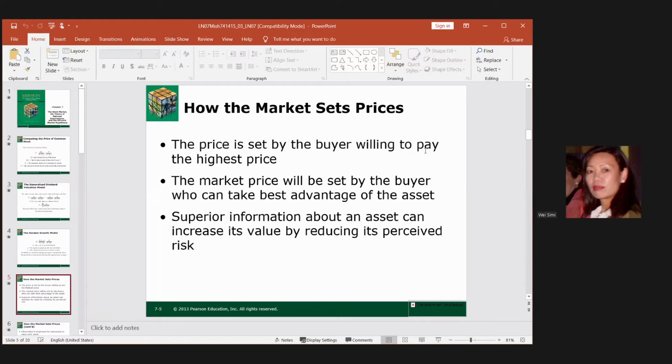The buyer is willing to pay the highest price. So drop it to 900. This becomes the highest price the buyer is willing to pay. That's it. The lowest is fine, but the highest one is 900. So finally, we have a bidder, somebody who wants to buy at this price. So you can see rich people or high-end people will buy the high-end product because that's the highest they're willing to pay. Some people start to offer the money and buy the item. So it settles at $900 per unit.